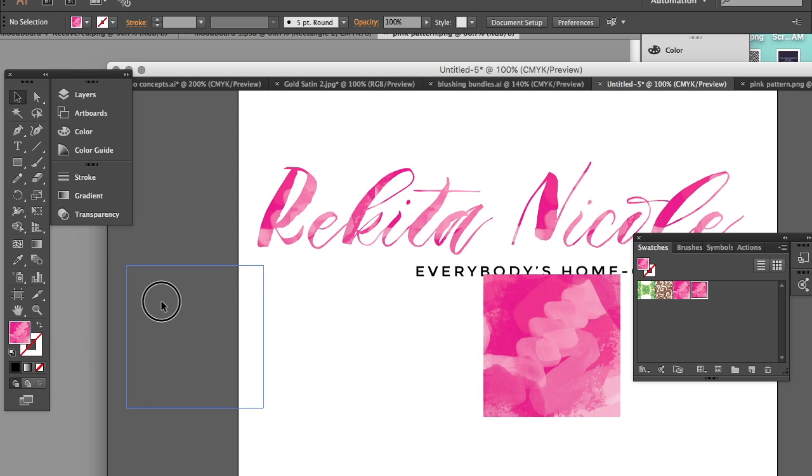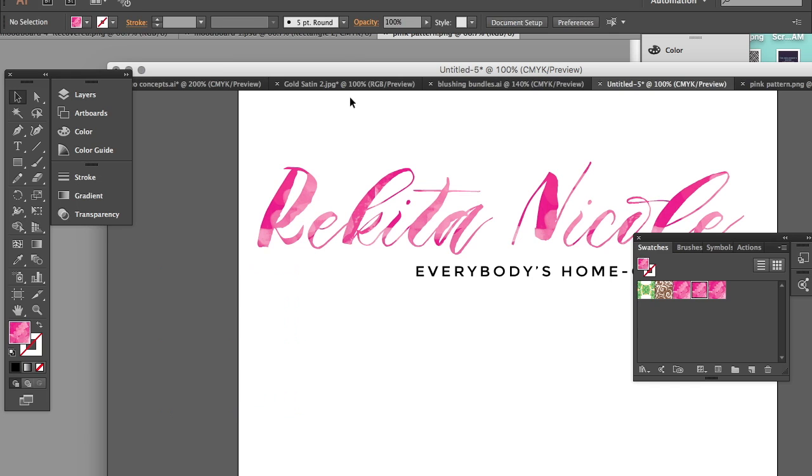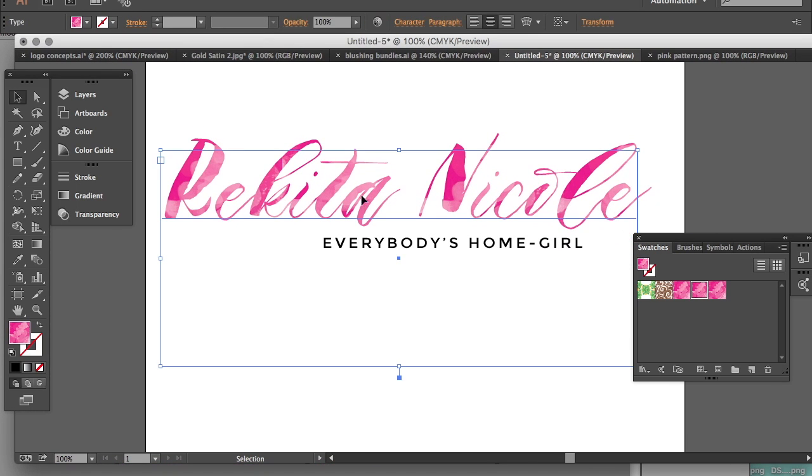And there's your pattern. And then, like I said, you can drag it over here to your swatches panel. And then I'm going to delete that. And voila, you have a pattern that you created in Adobe Photoshop,